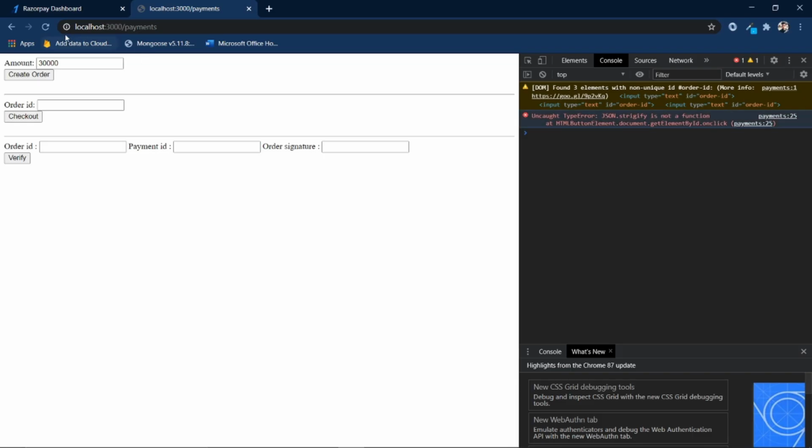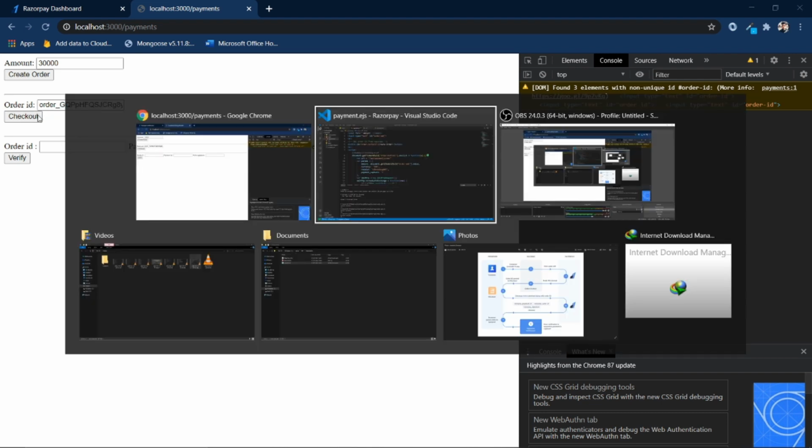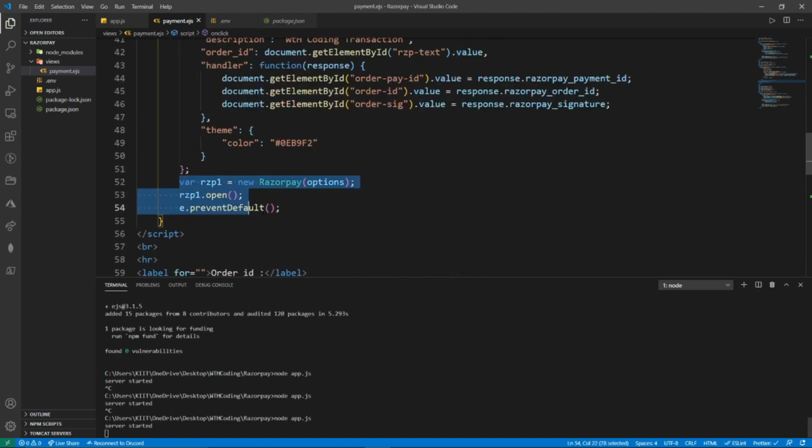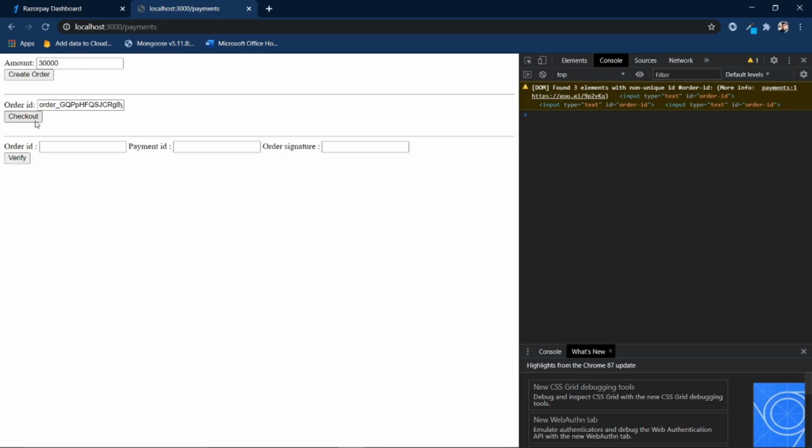Now we'll be good to go. Let's test it out. Now let's write in the amount 300 multiplied by 100, create the order, and here we got the order ID. Now let's create a checkout form. By clicking it, we are making a checkout form out of this order ID and sending it to the Razorpay server with the help of the Razorpay instance that we created right here. So by clicking on checkout,